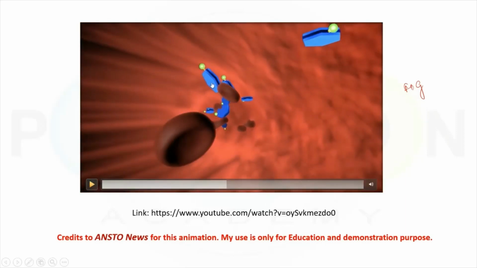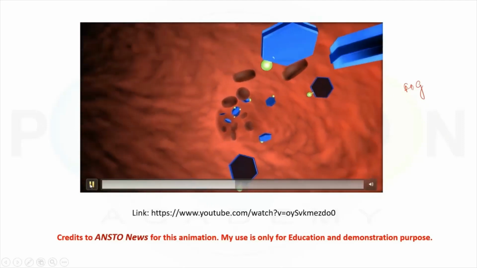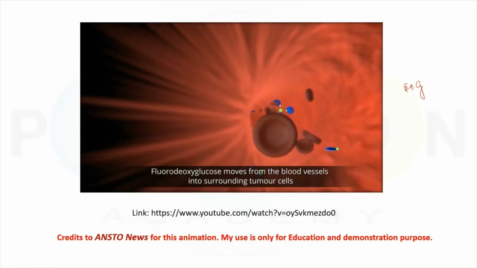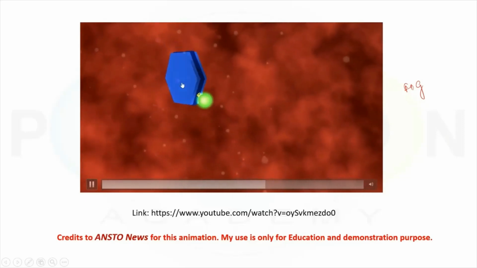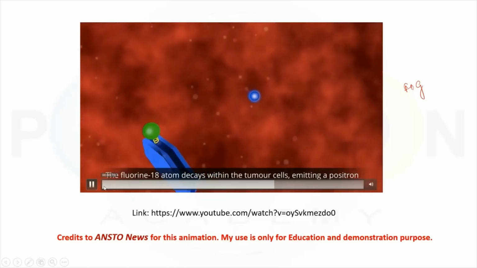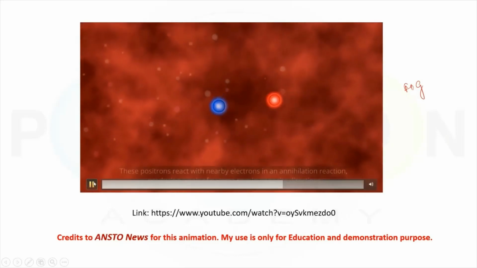So that's the initial scenario. That's our radiopharmaceutical, the glucose, and that's the radionuclide, that is F18. And as I have told in my previous videos also, F18 is a positron emitter. So what it does is it decays by emitting a positron, and we can see that's our FDG in the bloodstream, and these FDG are taken up more by the tumor cells. So that's the F18 FDG over here, and it decays by emitting a positron, and that's the positron over here. And this positron has a definite range in our tissue, and it keeps on annihilating with an electron.